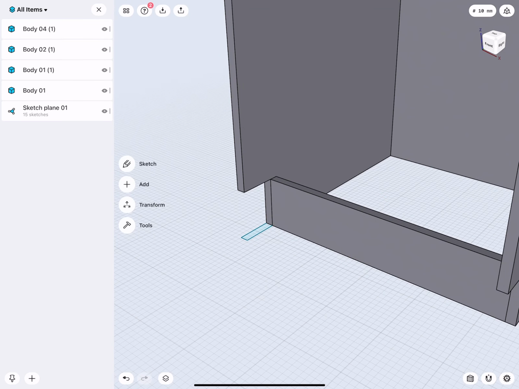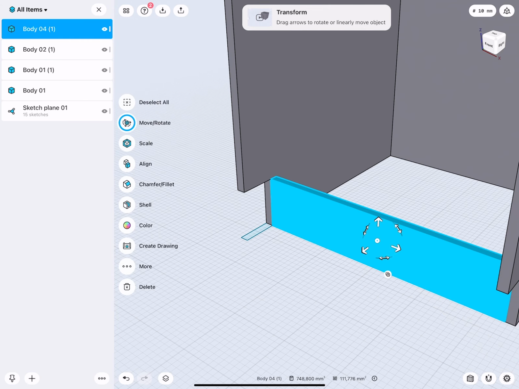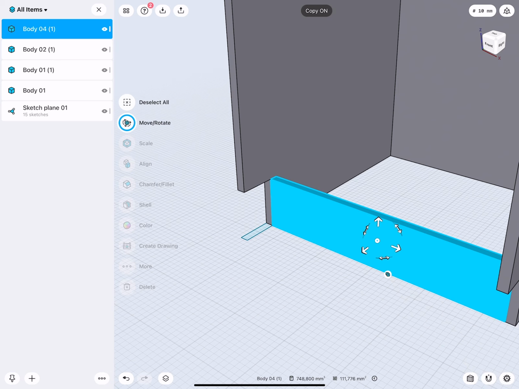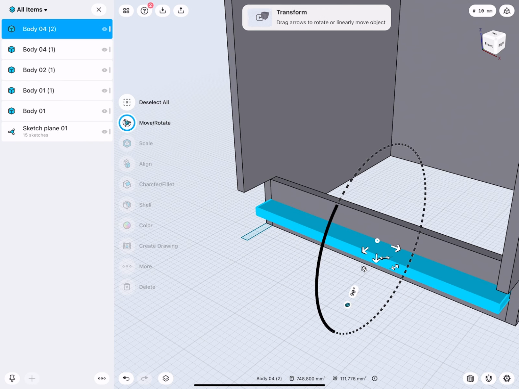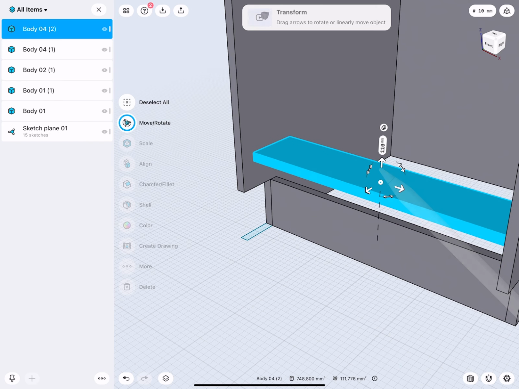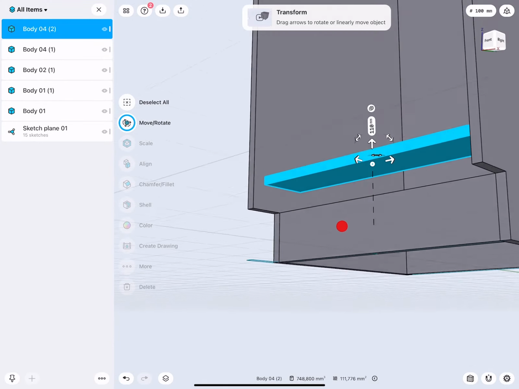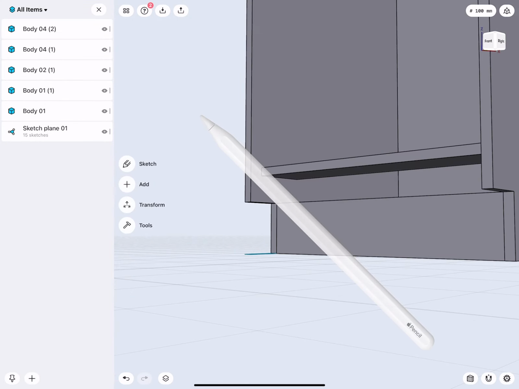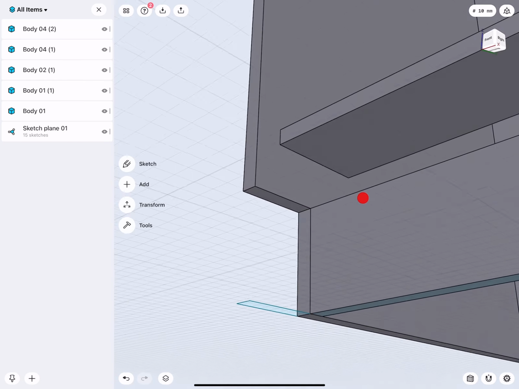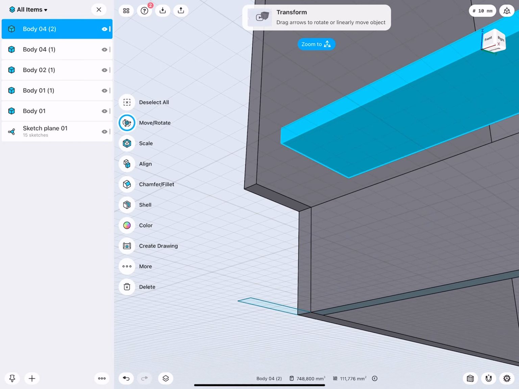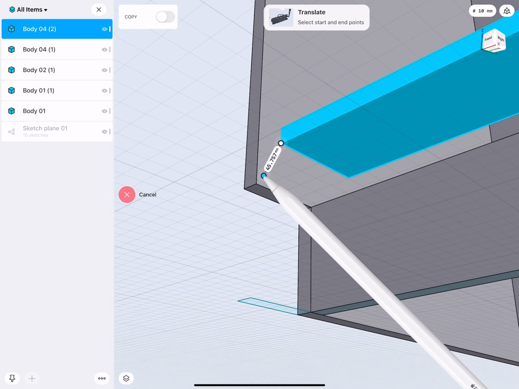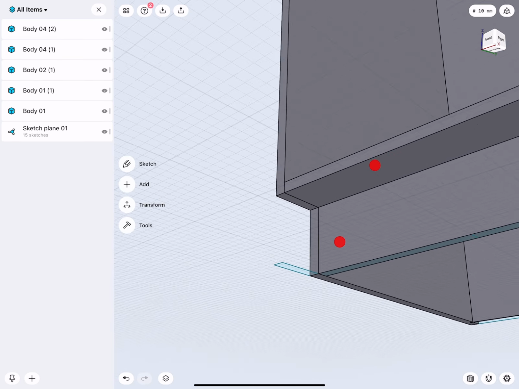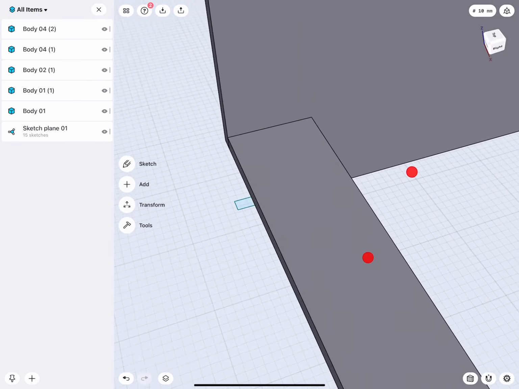So from this object, I can actually create now also my first shelf. I will double tap it, make a copy, and just rotate it 90 degrees. Turn copy off, move this to here. Very good. So now I would like this to perfectly line up. And let me show you a nice trick. So I go to here, double tap, then I will go to translate and then drag this corner to that corner. And there we are. Good.